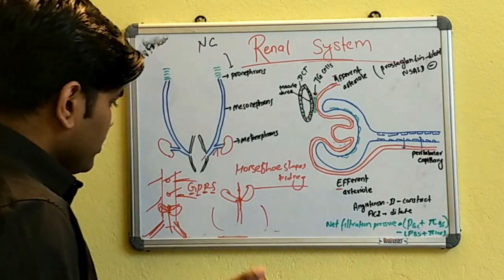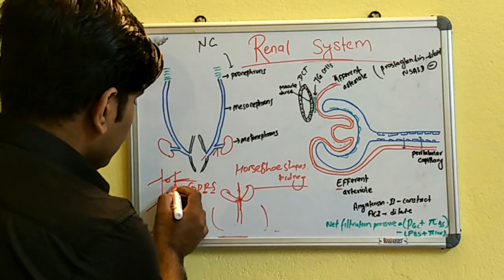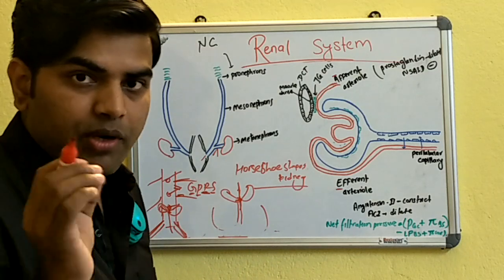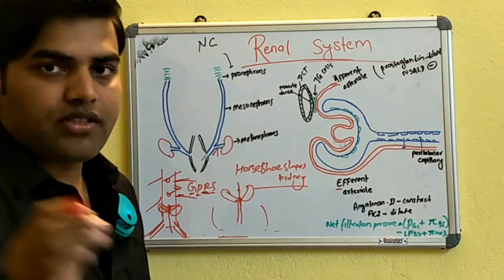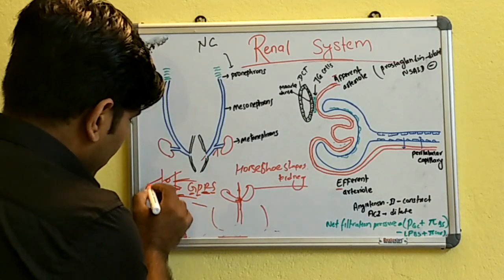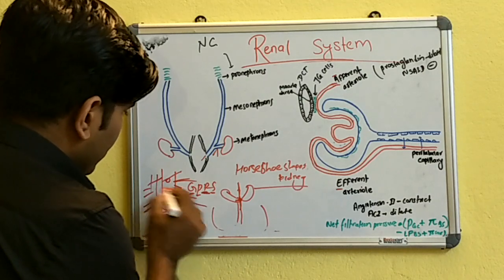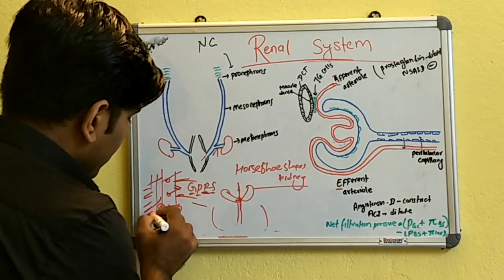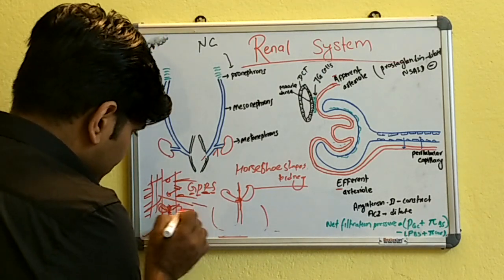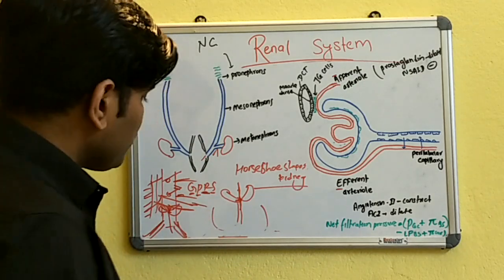Why have I discussed this? Because when you talk about the renal supply, the renal artery comes directly from the abdominal aorta, as a lateral branch of the abdominal aorta. Venous drainage goes into the inferior vena cava. On the right side everything drains directly into the vena cava, whereas on the left side the left renal vein is long, and it also drains